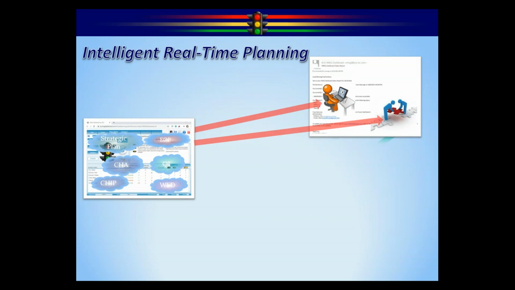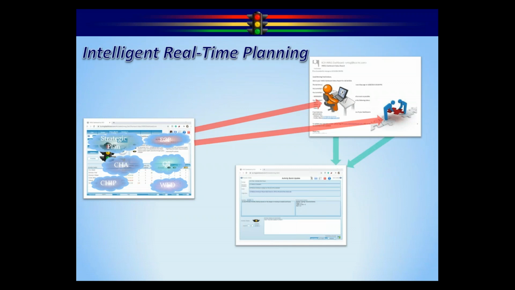In that email is a link, takes you back into the login, gives you the option to go into the main menu or to quick update. We recommend using quick update because it's a super simple process. You're going to go through and update your activities, update your objectives, and log out and you're done. The typical time frame for this is about 3 to 5 minutes per person per month.